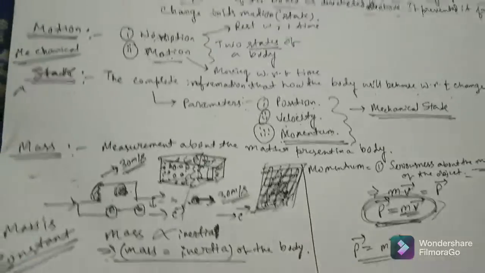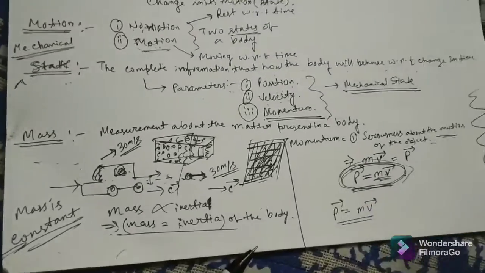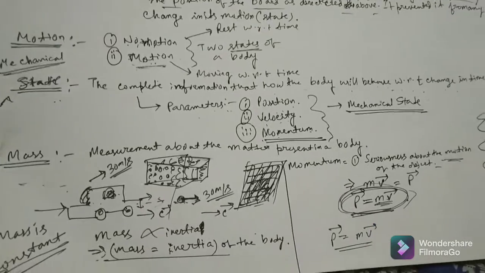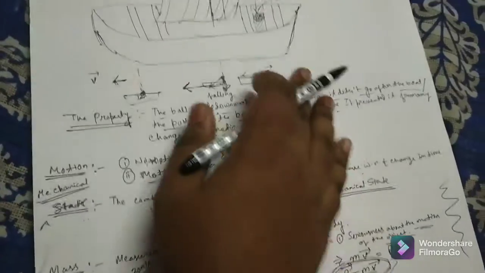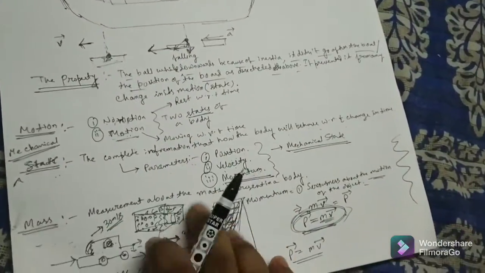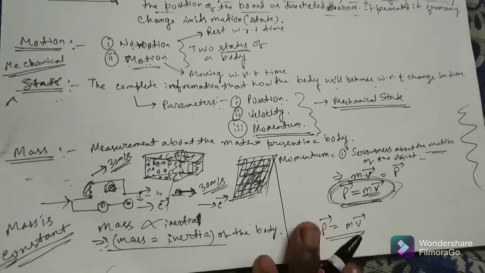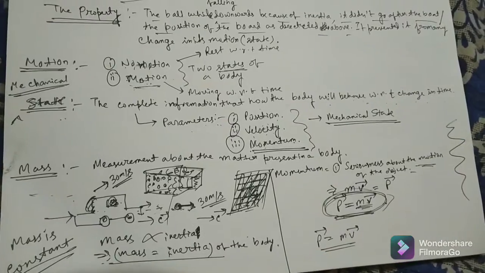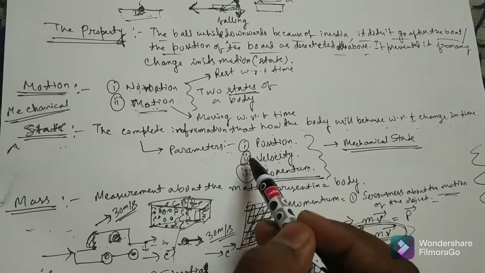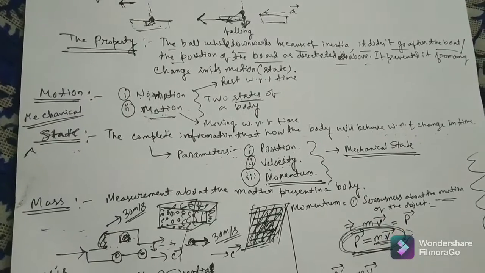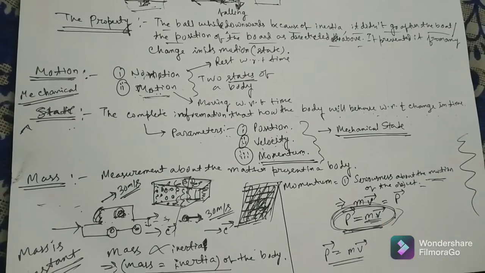according to the mass-energy equivalence principle, that is E equals mc squared. We'll deal with that later. Today our discussion was on fundamental parameters only. Today we learned up to momentum, so just recapitulate these three parameters. Wait for my next video.